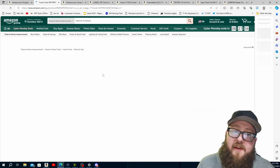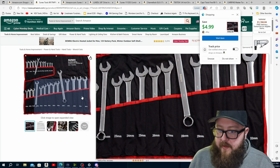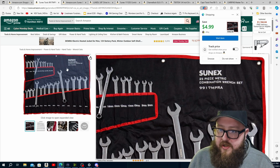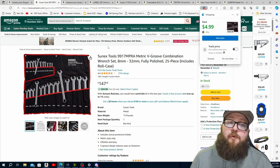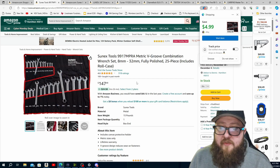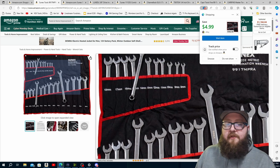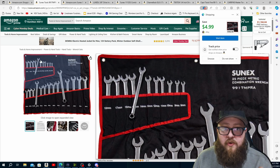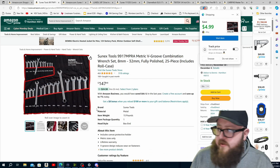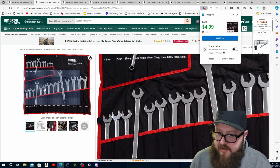Then this set right here, I have this set to do all of my side work with. It goes from 8mm up to 32mm, and it does not skip a size. It even has the weird 20 and a 29 wrench. It does not skip a size. I've beat the absolute crap out of these wrenches. They have held up, and for $150 and you get that many wrenches, it's a 25-piece wrench set, and it comes in a roll sleeve for travel. So if you have, say, to change the oil on one of your parents' cars or your significant other's car, and you don't have the money to buy 2 sets of wrenches, roll these up and take them home with you. But yeah, definitely